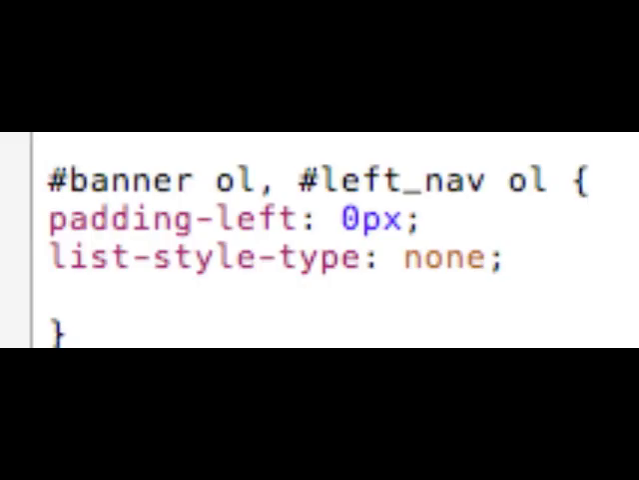And so what you can do is, for your menus, and in this case in my banner area and in my left nav area, those areas I'm going to place menus. So what I can do here is select the banner by doing #banner, so that's the selector for the division of banner, and then inside there any ordered list will have a padding-left of 0 pixels and a list-style-type of none. And so it's not going to have any padding to the left, and the list style type is not going to